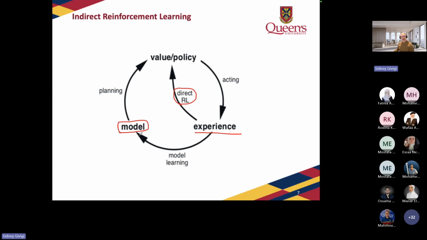Once we have this model, we are going to generate planning, which is fictitious experience. So it's going to be something that is generated from the model itself, okay? And this is also going to impact the value. So there will be two points of update in this value, and this is going to generate different policies. Observe that the policy will only affect the real experience, and the real experience indirectly is going to generate the model.